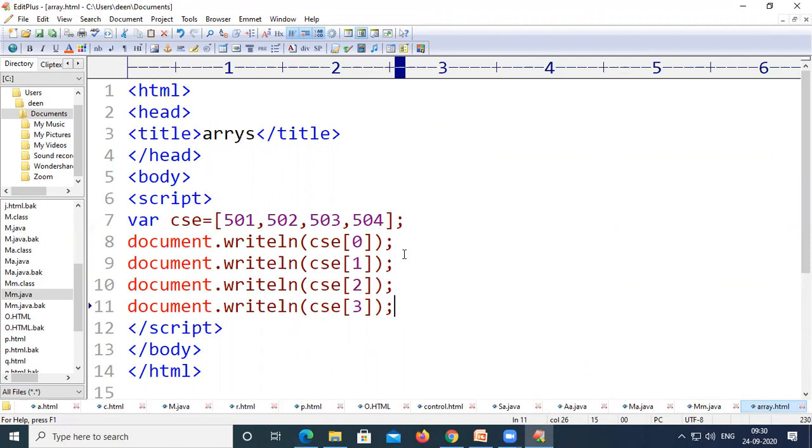But what if we have 400 values? How do we print those 400 values? We would have to use the document.writeln statement 400 times.